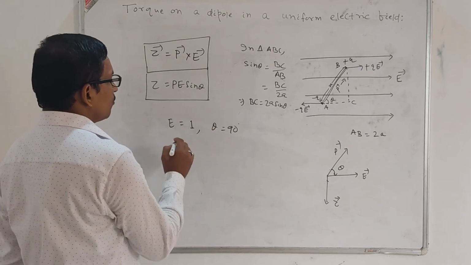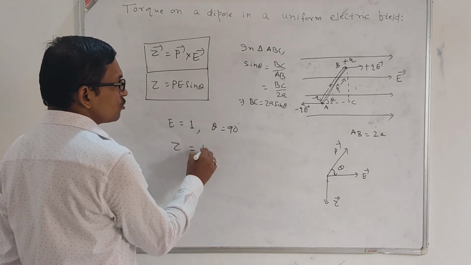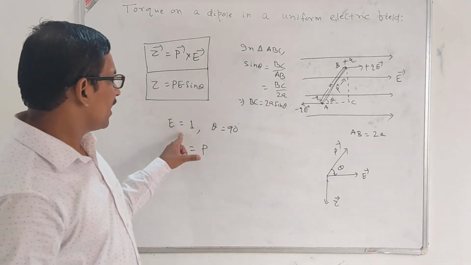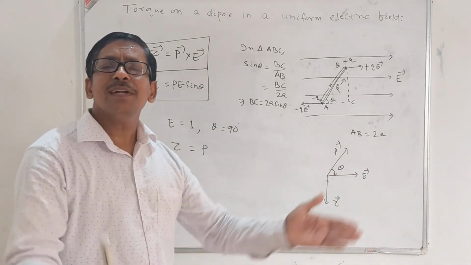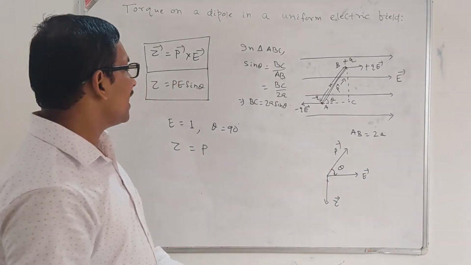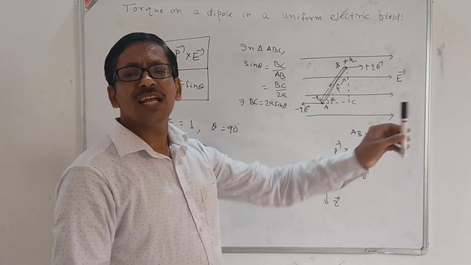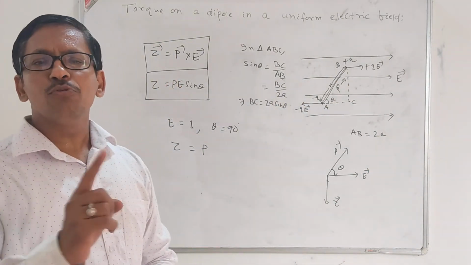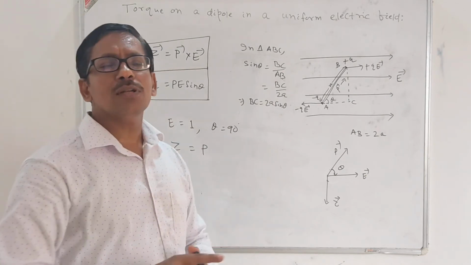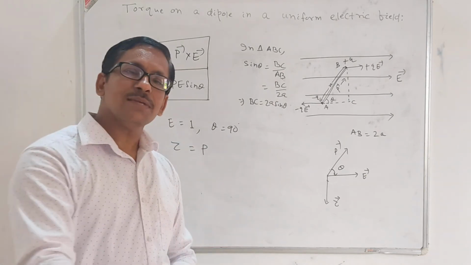Then what about tau? Tau is equal to P. If I take a uniform electric field whose magnitude is 1 and the dipole is held perpendicular to the electric field, then whatever torque it experiences gives you the dipole